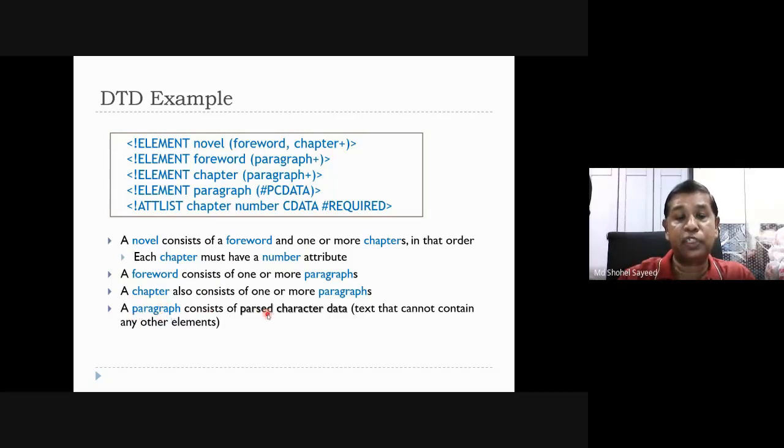Then the paragraph consists of parsed character data, PCDATA. This is text data, and parsed character data can actually be separated from the text. For example, if there is any text with a starting tag and ending tag, in the middle is called the content. The content and the tags can be separated from each other.